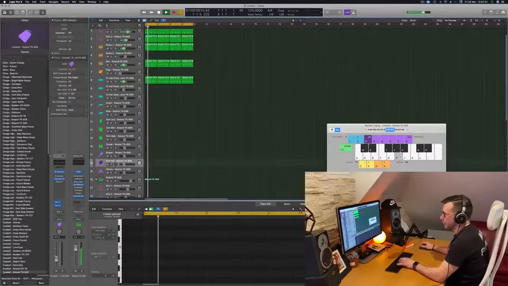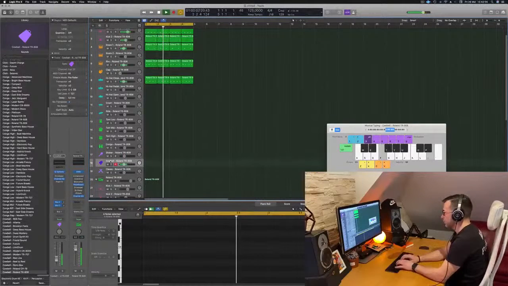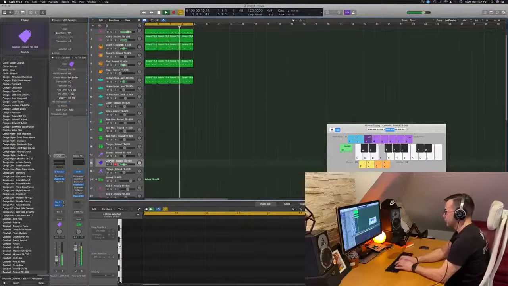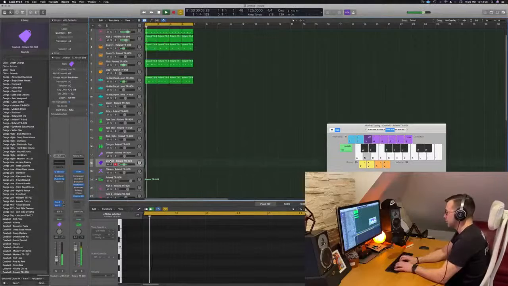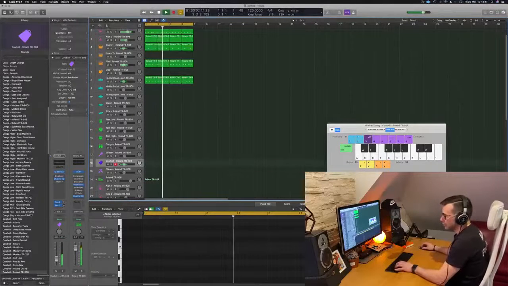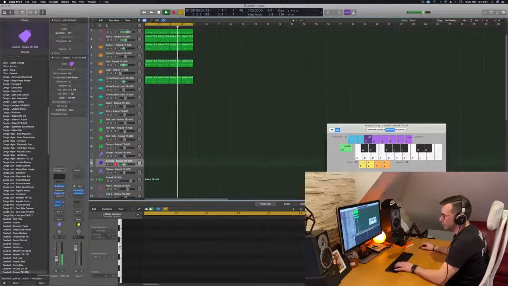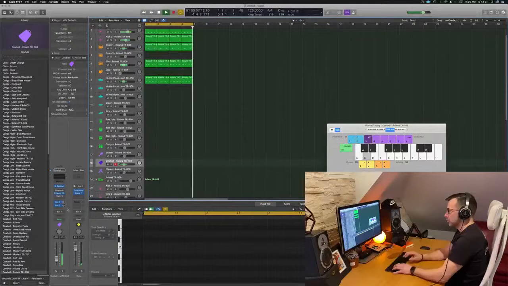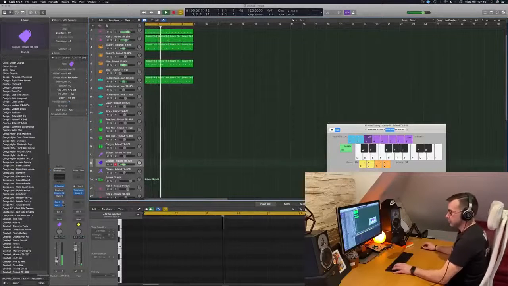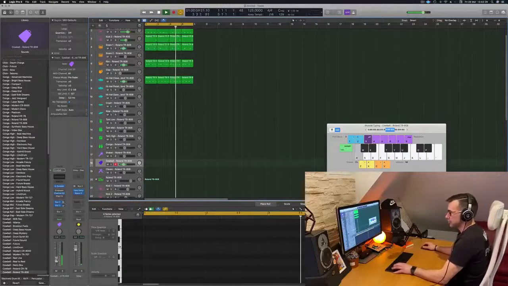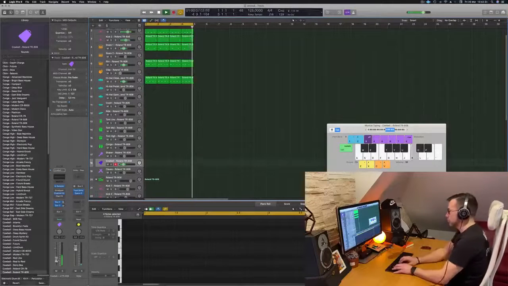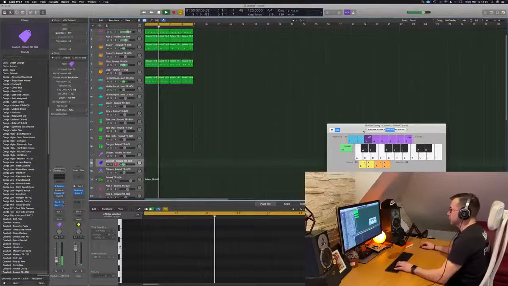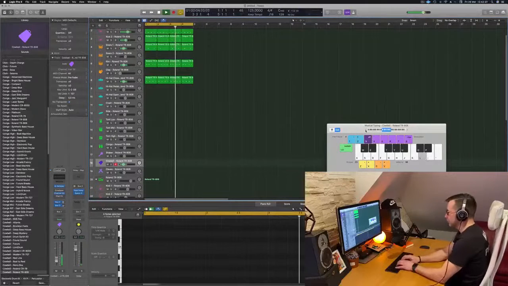Not on the cowbell, wait. I'm gonna send it to see. There's a noise gate, I don't know. It's not a synth sound, so